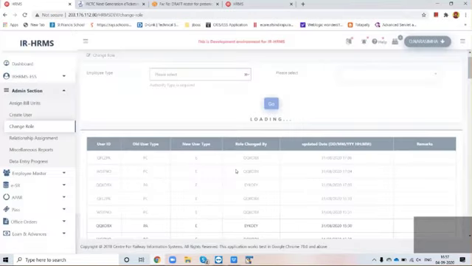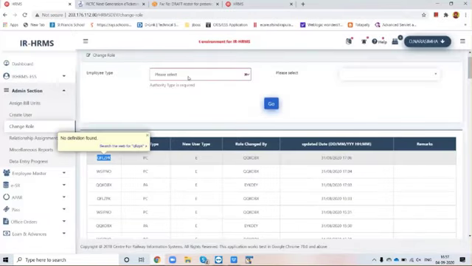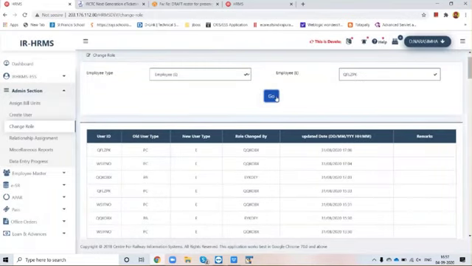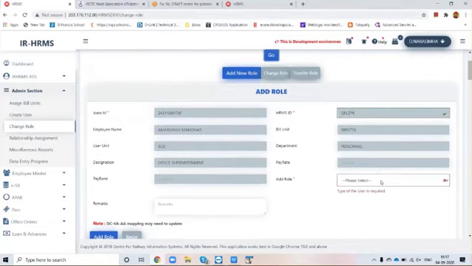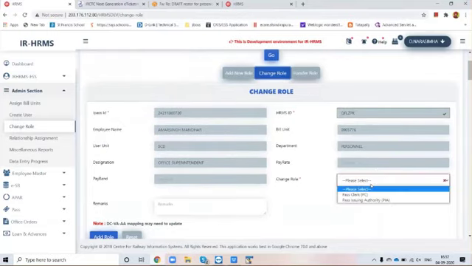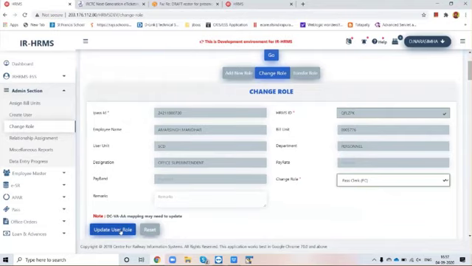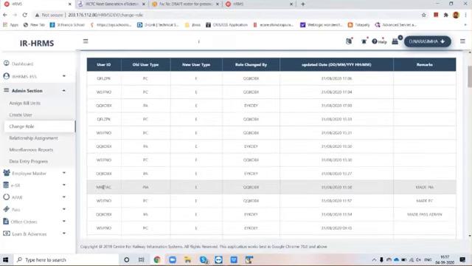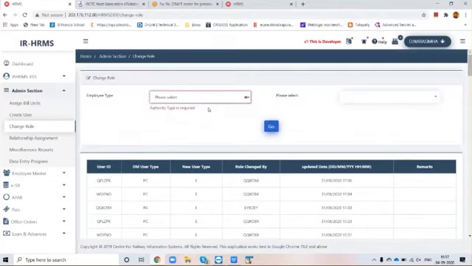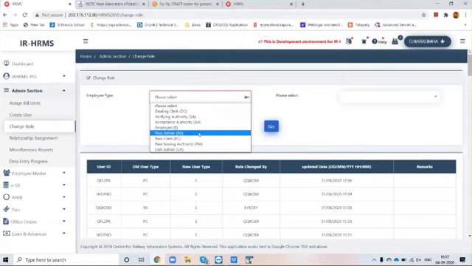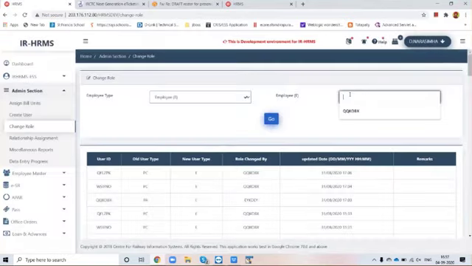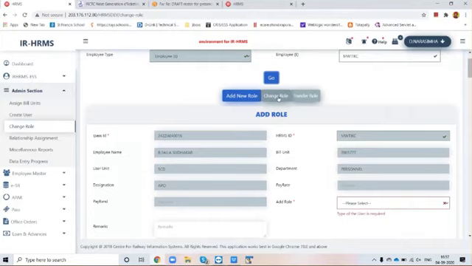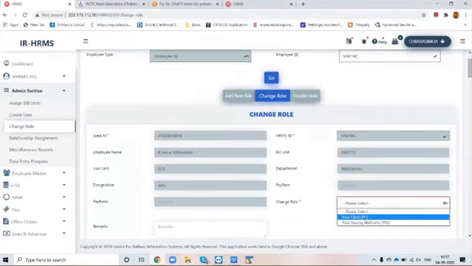Now again I have one more HRMS ID of an employee whom I want as a pass clerk. I go there and Amar Singh Manohar is there. I select change role and the role has been changed. I have one more HRMS ID of an employee who will act as a PIA. Go there. This is Silas Sudhakar. Change role to PIA. Okay.